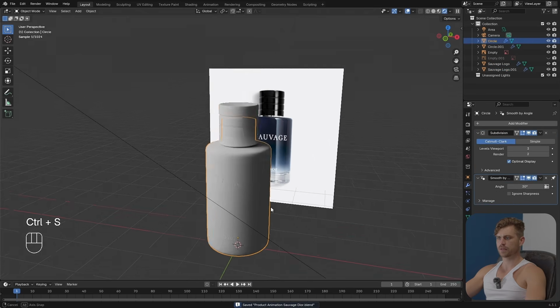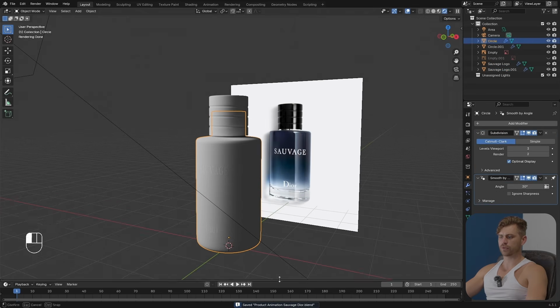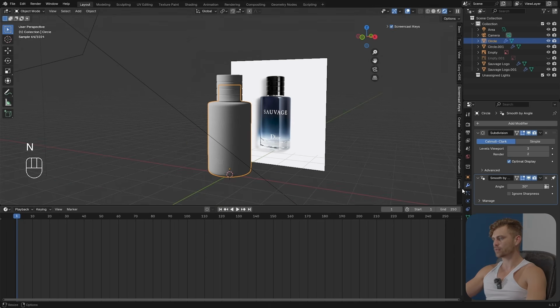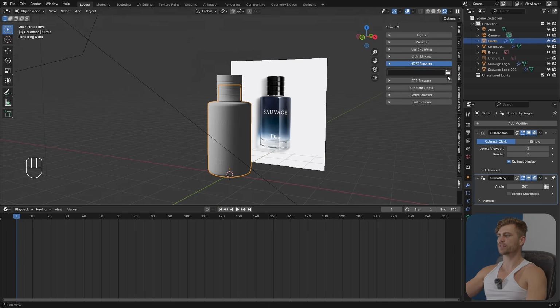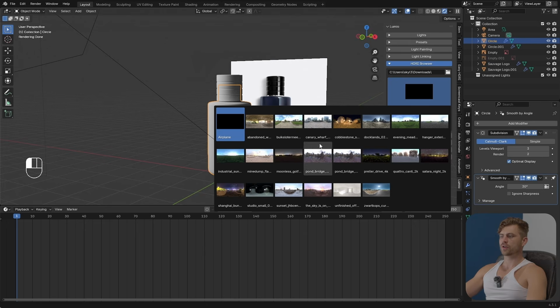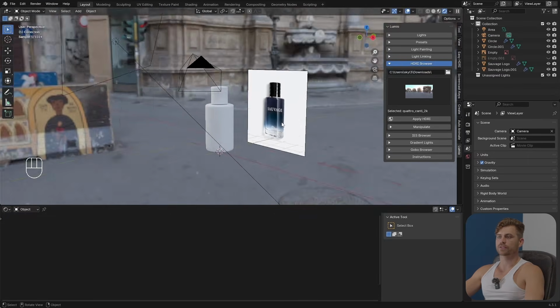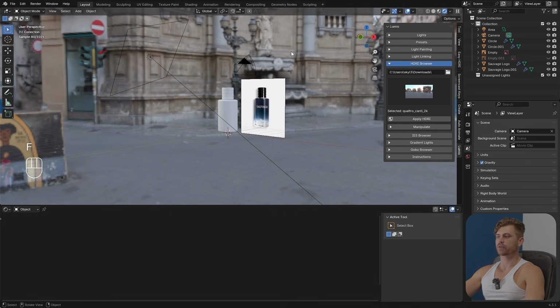Awesome. So now we have this. Very cool. Let's go over to this material. Let's add a HDRI real quickly. So I'm going into Lumio, HDRI browser. And now I'm going to select an HDRI. I don't know which one. Let's give it a try. So right now we are going to do the material for this object, and I've already brought in an HDRI